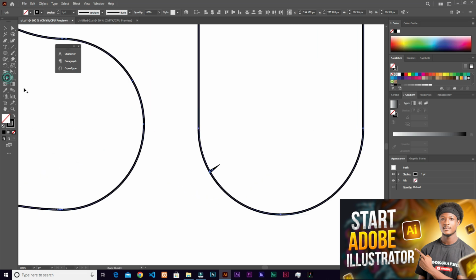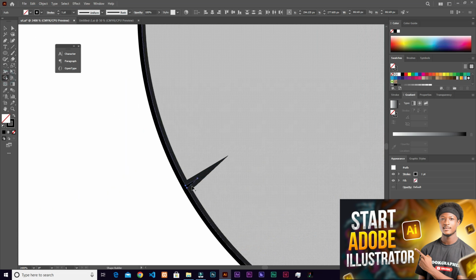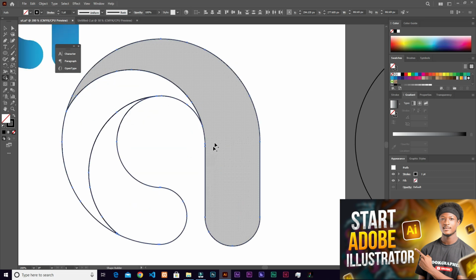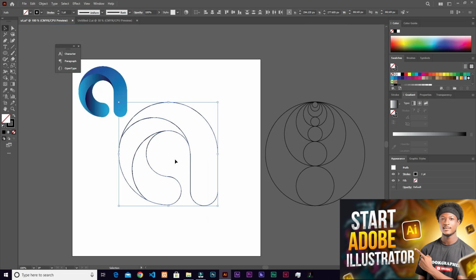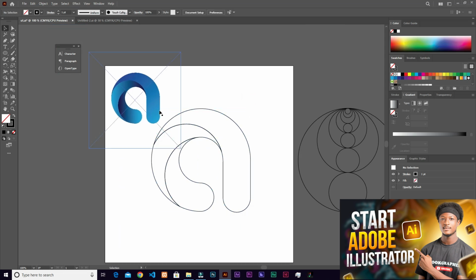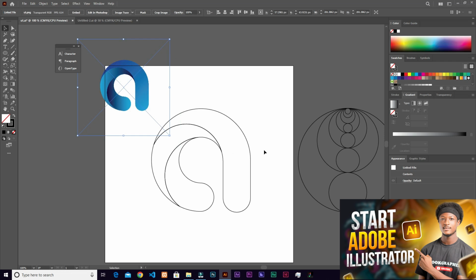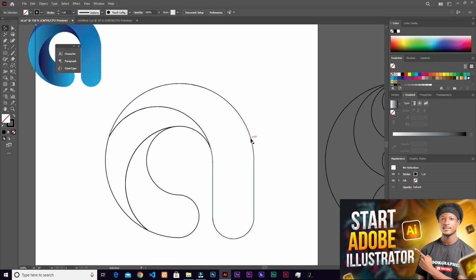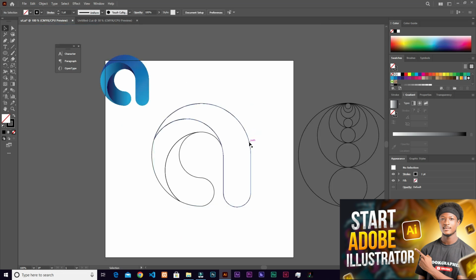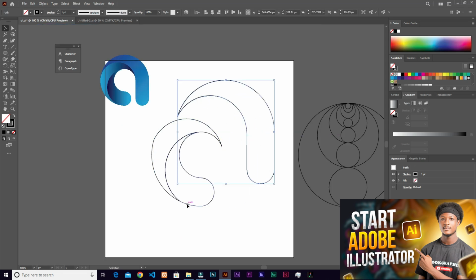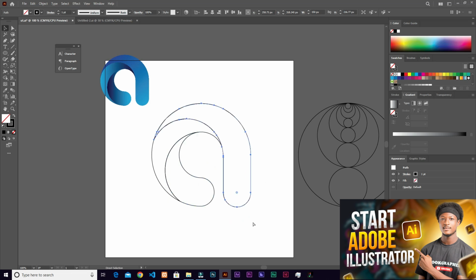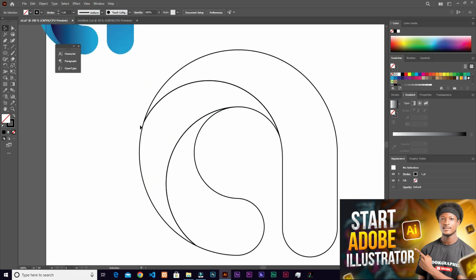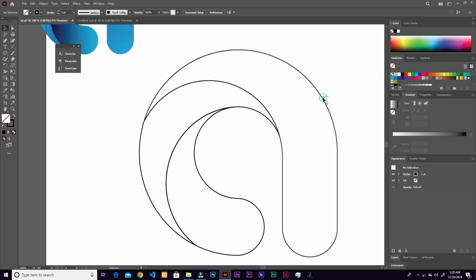So let's get the pathfinder, the shape builder, and then drag over it. Now it is combined to the shape. Okay, so getting a logo like this, looking 3D like this, you just select this guy. Okay, and now there are three separate shapes. Good. Okay, and if you select this guy